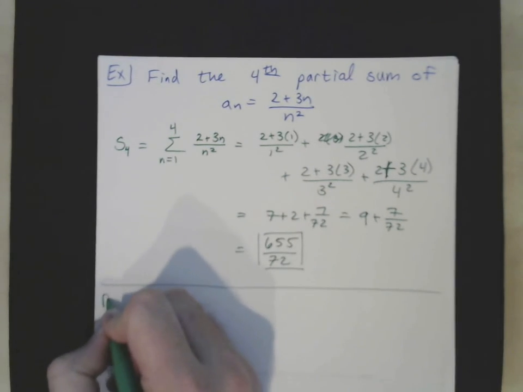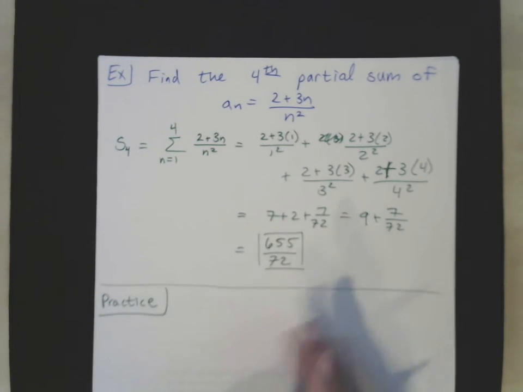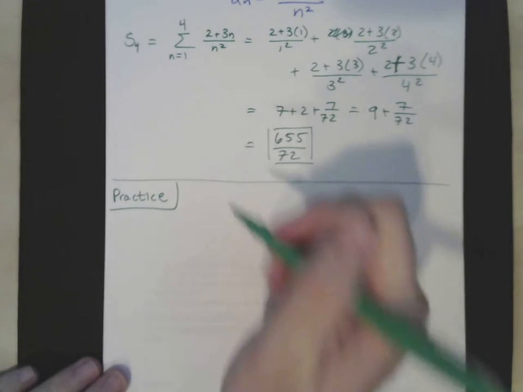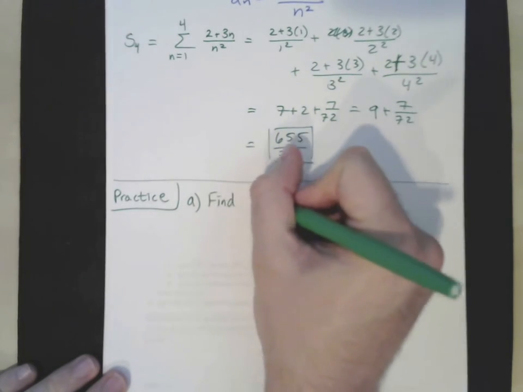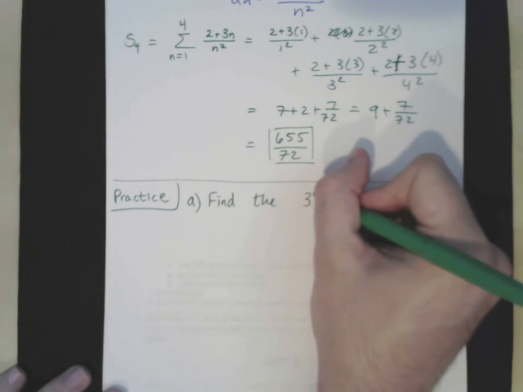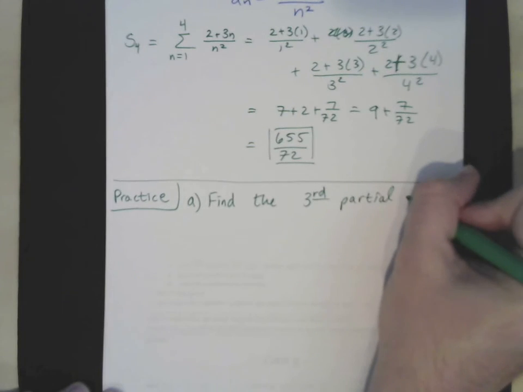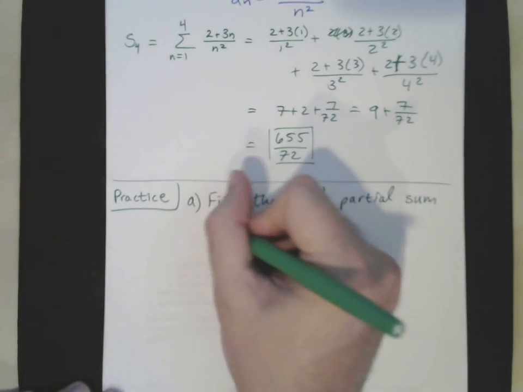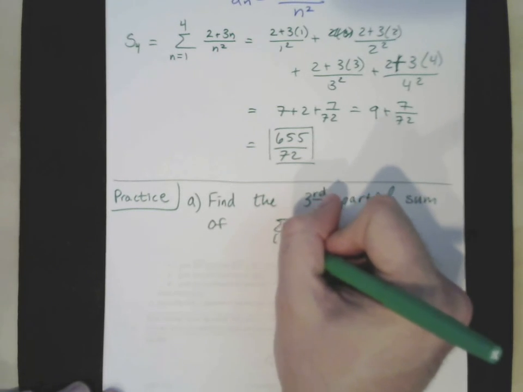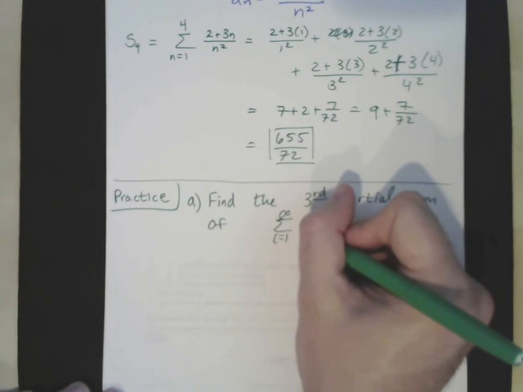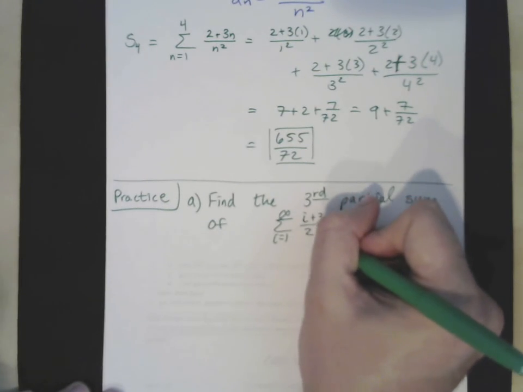So, I have a couple practice problems here. As usual, please pause the video and try these out. So find the third partial sum of the series from i equals 1 to infinity of (i plus 3) over 2i,